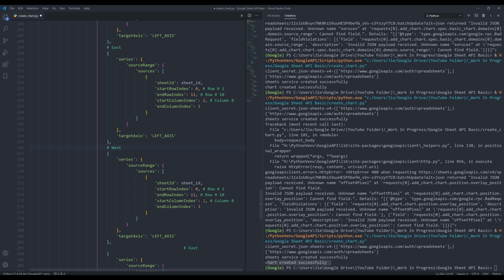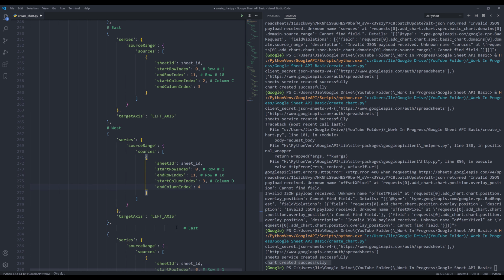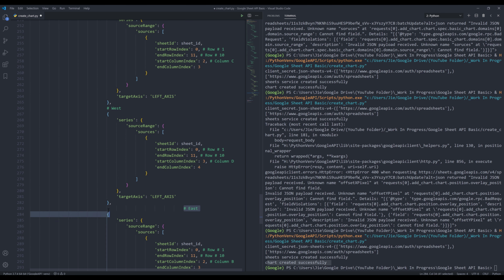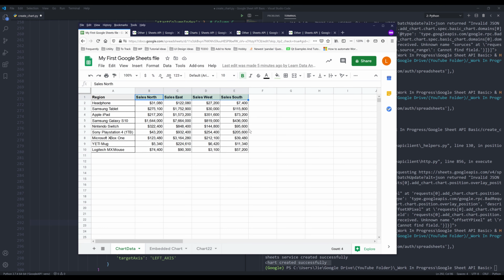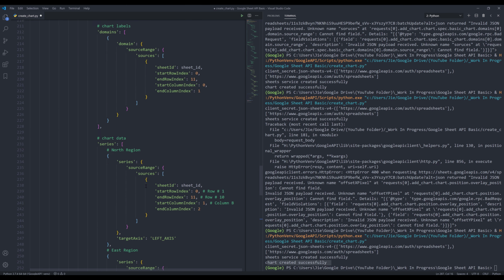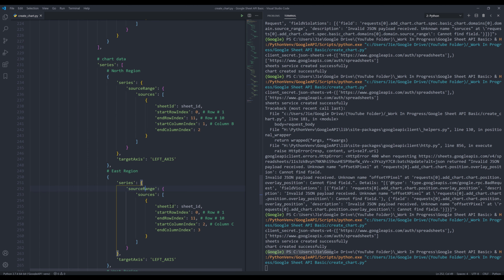And this one's going to be West. And column C, so this one is column C. And column D. And this one's going to be South. So South region. And it's going to be from 4 to 5. And column E. Alright, so let me just take a look. Now if I run it,